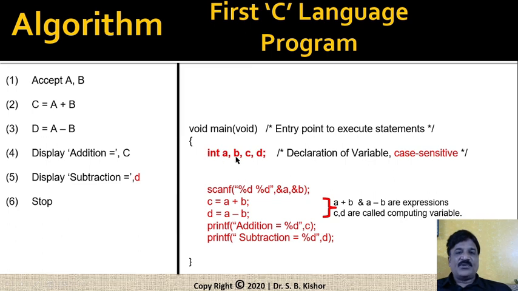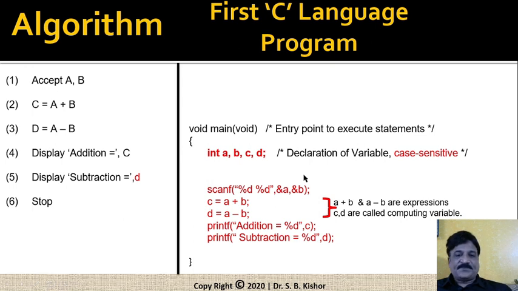And observe that the declaration of a variable basically consists of two parts. The first one is the data type. It means what kind of values you can accept in these particular variables. And remember, these variables are case sensitive. Case sensitive means what? Observe that here I have written capital D, while displaying I am writing small d. There is no issue in the algorithm, but that is not the case when it comes to the C language. If you have written a small letter at the declaration, you should write small everywhere. If you have written capital, you should write capital everywhere. It means the case must match.